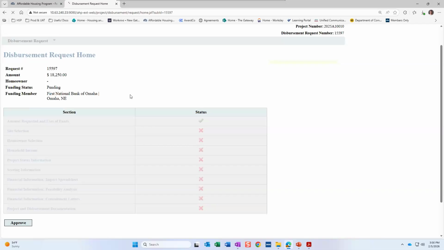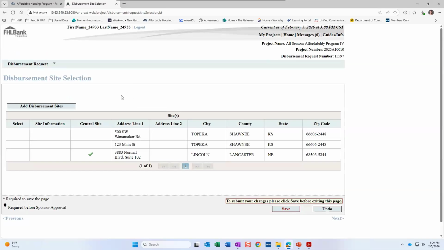The site selection screen functions exactly the same between rehab and down payment assistance, so this is the same thing that you will see. The sites here, you can see that I have put in a few test sites. I created some test disbursements a few days ago for rehabilitation training, so you're seeing some properties that are already listed here. This is the screen where you're going to see this list of properties grow as you create more properties or create more disbursements.